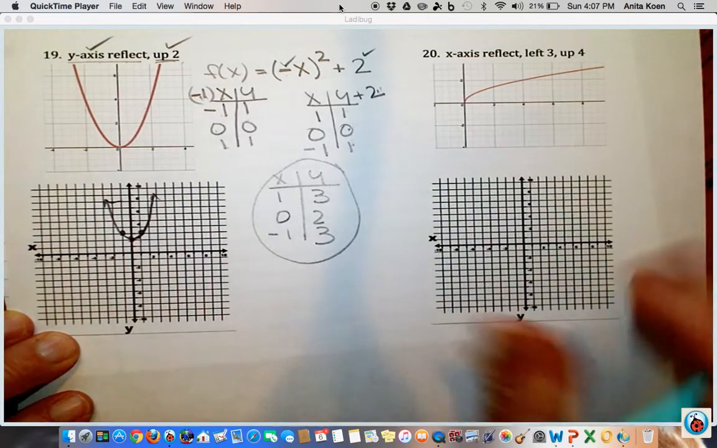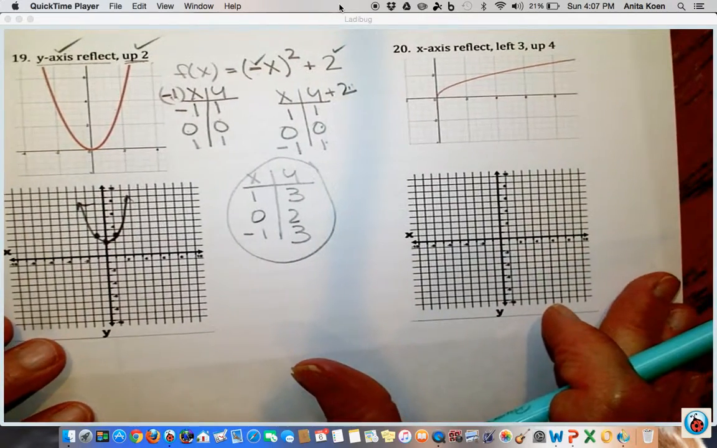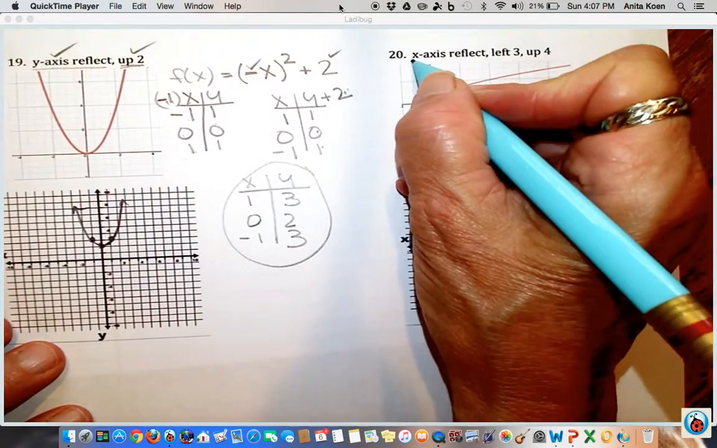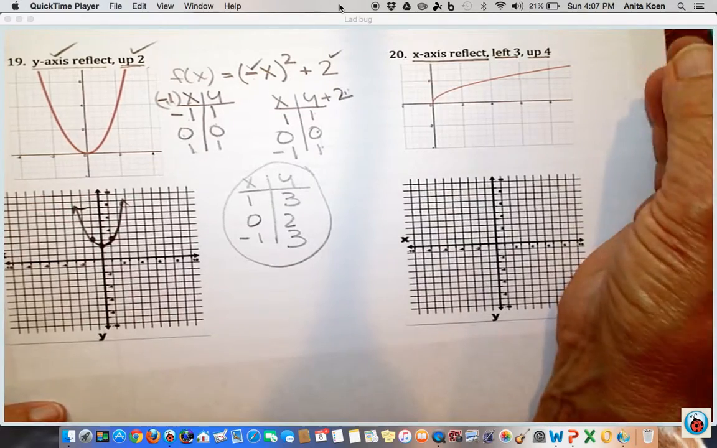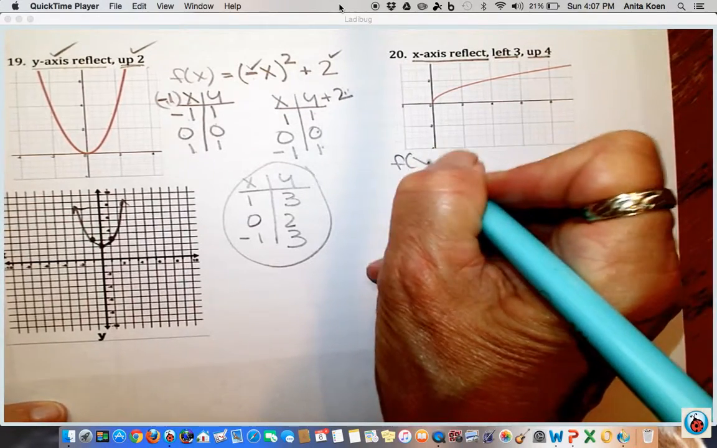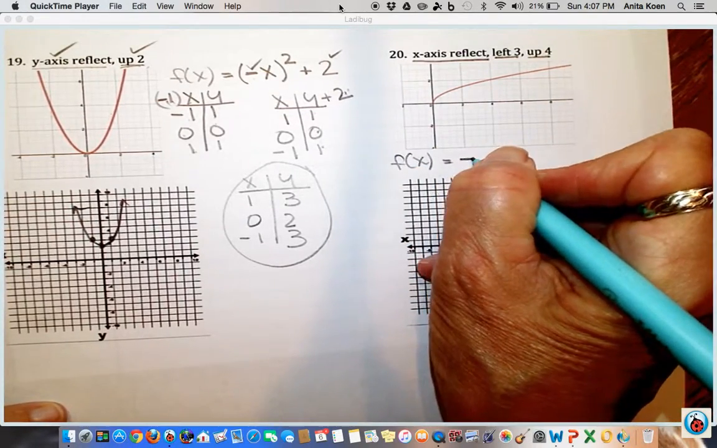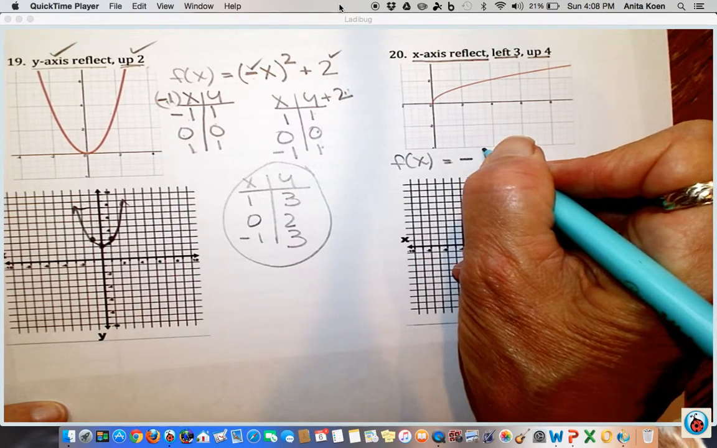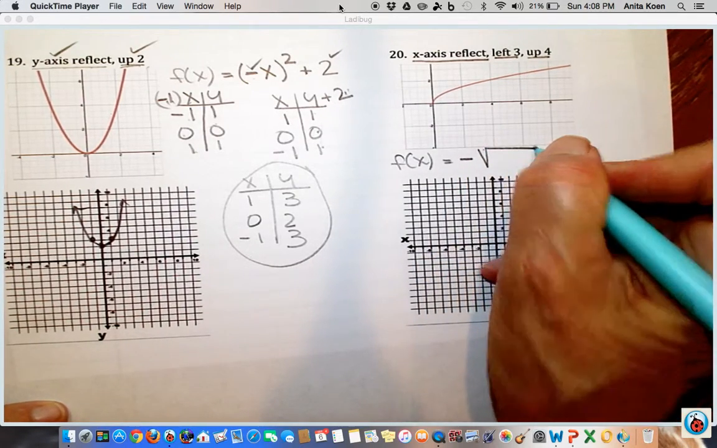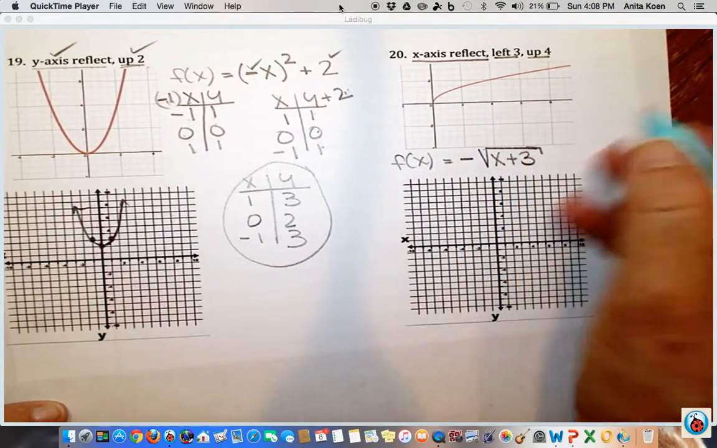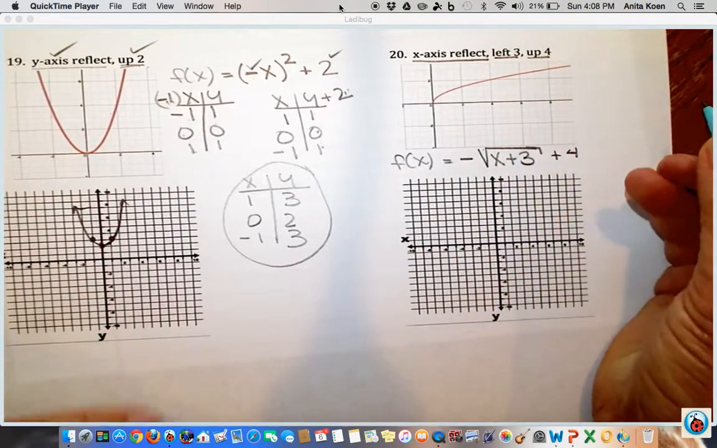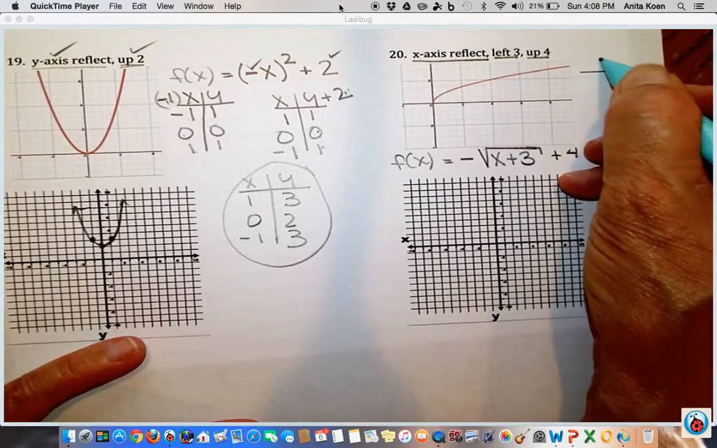Okay, the last one, number 20, is a square root function. This time we have an x-axis reflection, left 3 and up 4. So the x-axis reflection is on the outside, left 3 is on the inside, so that's x plus 3 on the inside of the square root, and then up 4. So our tables look like this: